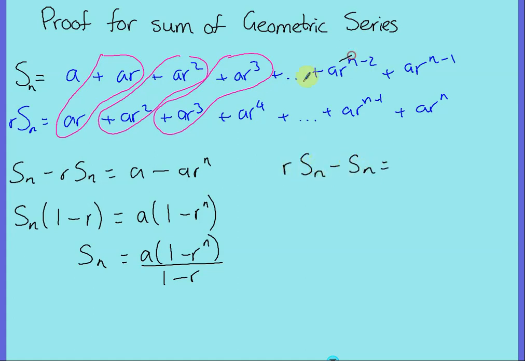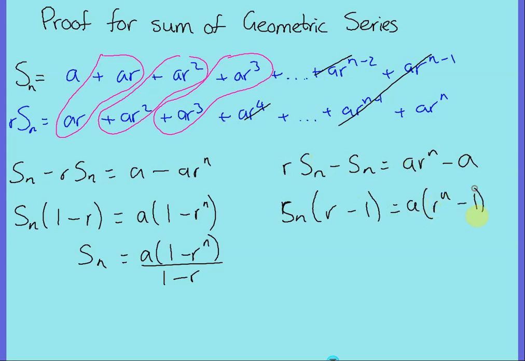And all of these would cancel. So we'd have ar to the n minus a. Factorize. So r minus 1, ar to the n minus 1. And if we divide throughout by r minus 1, we would get a, r to the n minus 1, all over r minus 1. Very similar, but the reason we do both, and you're only actually given one, I can't remember